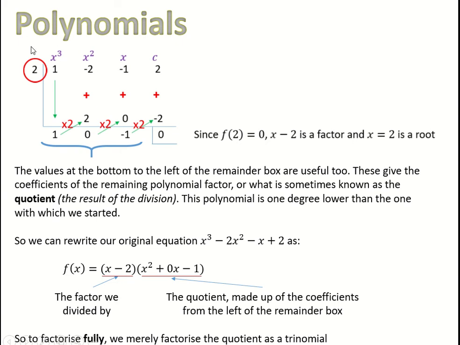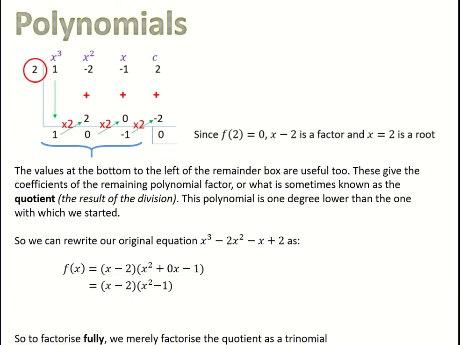However, what's going to happen if this was a quartic, so if say we start with x to the power 4, we're going to end up with probably 4 terms here. One of them might be 0, but we're going to end up with 4 terms, and it would be x cubed. It would be a cubic, which then would mean we'd probably have to do this process again. But the beauty of that is that it means there's lots of marks for you in an exam, okay? So you're going to take this x squared plus 0x minus 1, write it as it is, which is x squared minus 1, and then you can factorize that further. That's just a difference of 2 squares, so it just becomes x plus 1, x minus 1,